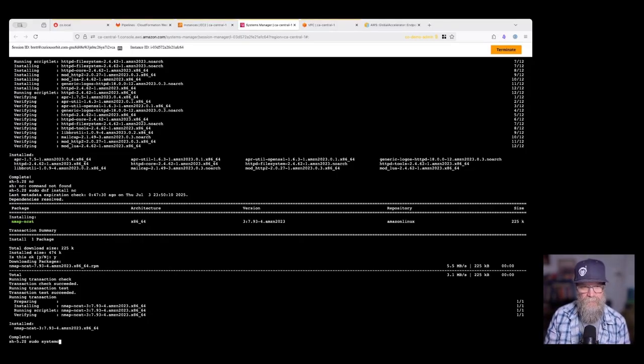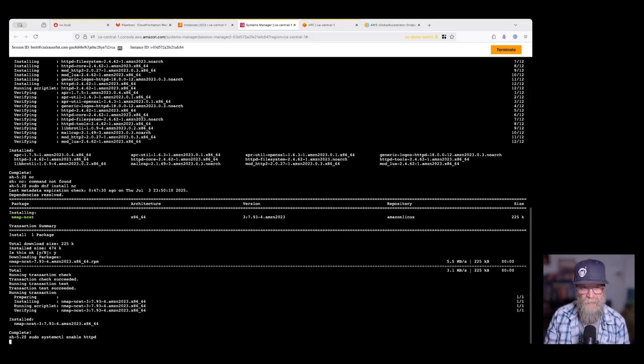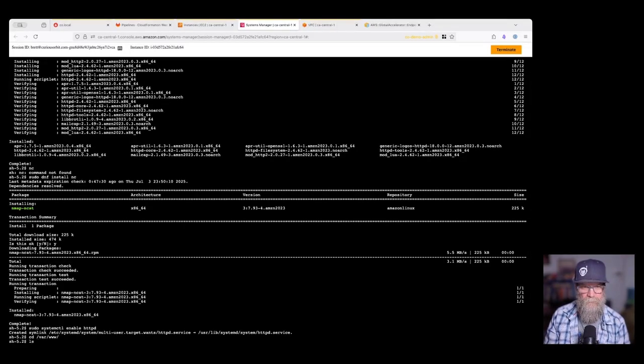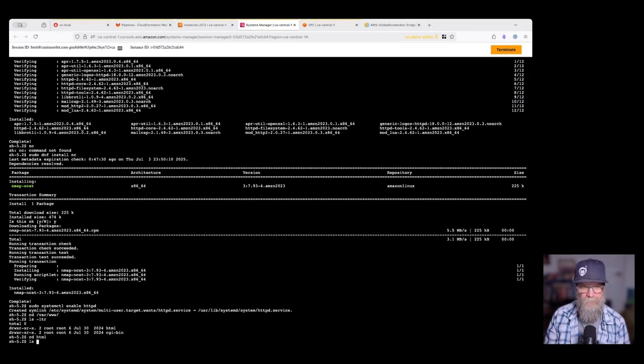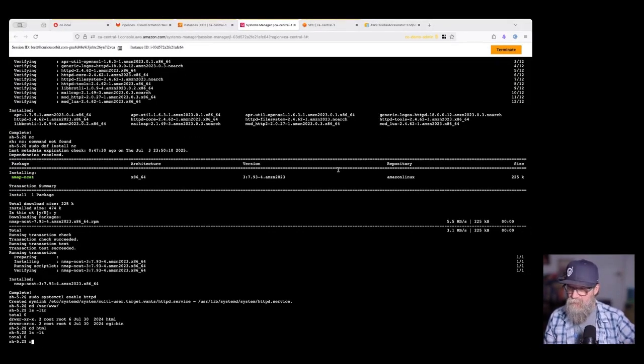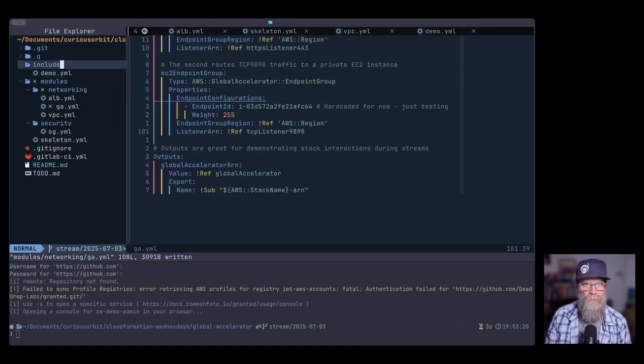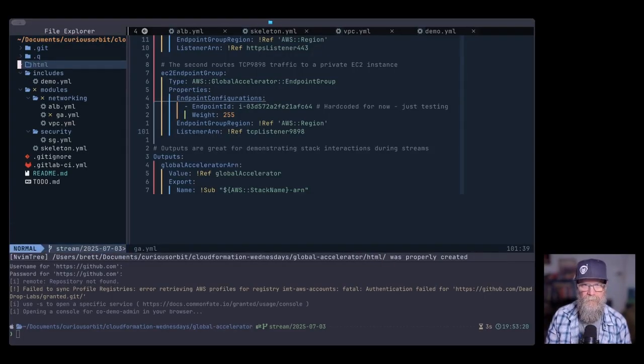Let's do this. Sudo systemctl enable httpd. So that'll turn on the Apache server by default. And then we're going to cd. By default, it's in /var/www/html. Okay. And you know what? Rather than trying to type in this editor, we're going to just put this in our repository instead. So we will create a new directory, and we'll just call it html. Okay? And all we're going to do in here is